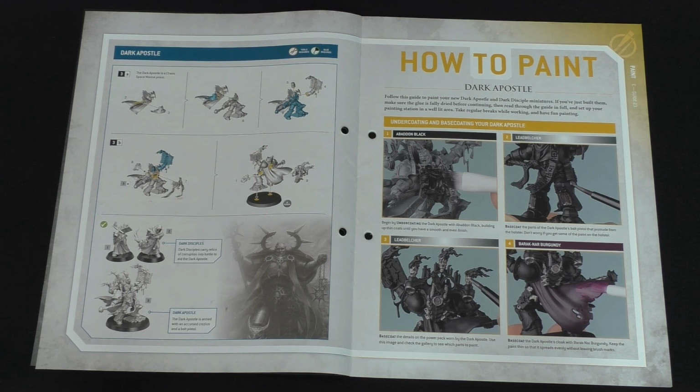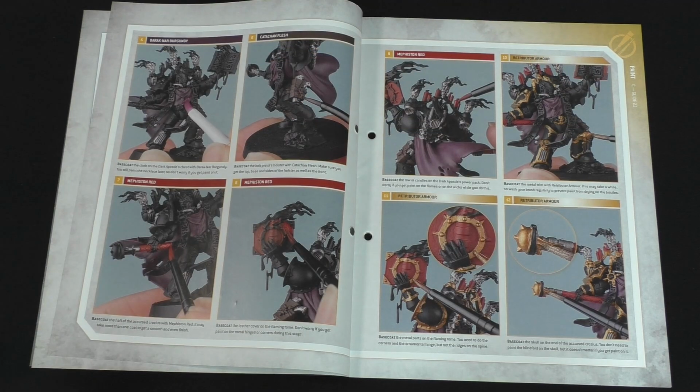And the painting guide's going for the Black Legion colour scheme. So starting off with an Abaddon Black base, Lead Belcher for any mechanical parts and also the braziers, and then Baron Burgundy for his cloak. Don't forget that it goes over his chest as well. Catachan Flesh for his gun holster and the belt that goes around him. And then Mephiston Red for the leather on his book, the haft of his Cursed Crozius and any of the